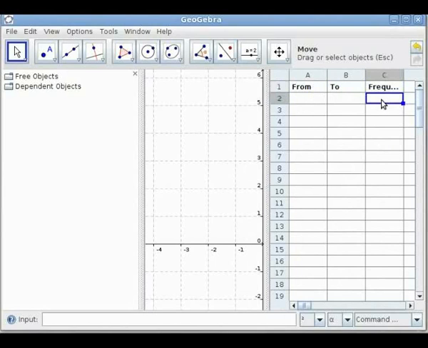Now I copied the frequency, so let me paste it here. Now for the from and to values, I did not paste these because I will show you another feature of GeoGebra spreadsheets. First I will start with 0, then 5